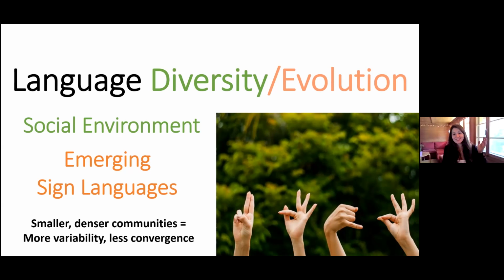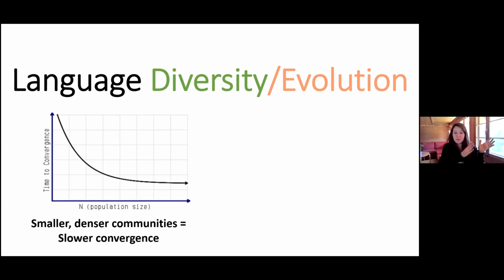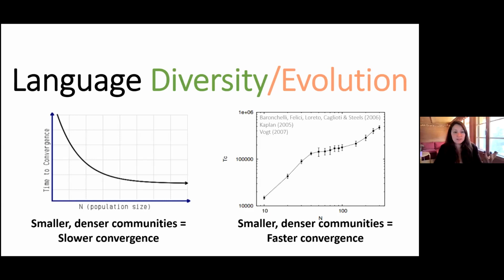And this result is super interesting. This is what we find. I just plotted the relationship between convergence and size. You see that convergence is fast in big communities and slow in the small communities. But this is a super surprising result because it stands in very sharp contrast to results from multiple very famous computational models, like the naming game, for example, which show that convergence is faster in small populations.